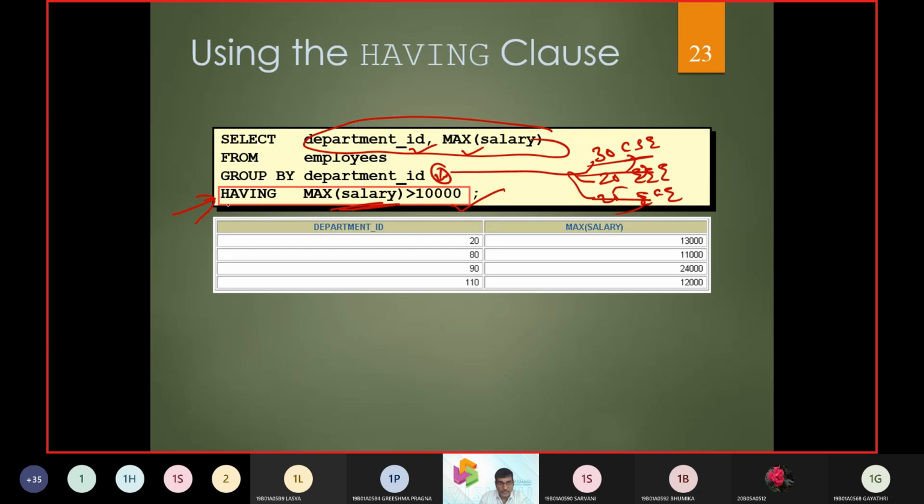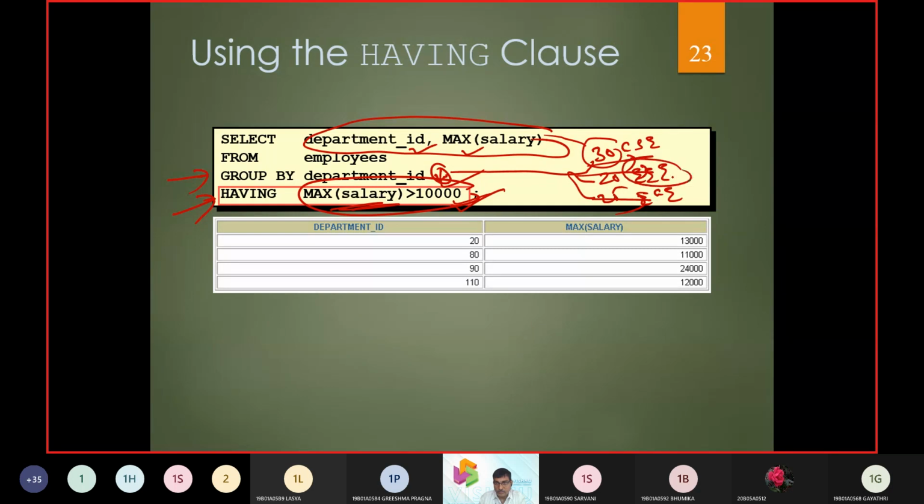Now it checks the GROUP BY condition, then it meets the HAVING clause condition, that is, max salary is greater than 10,000. In every department it is going to see who has that max salary, and it is going to display it.